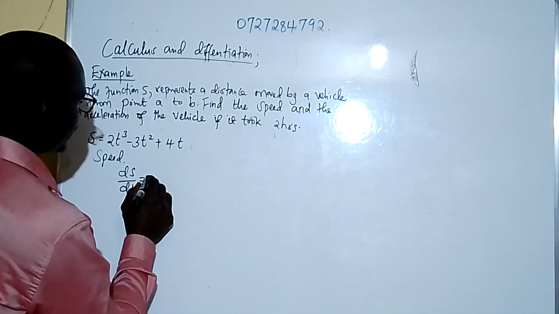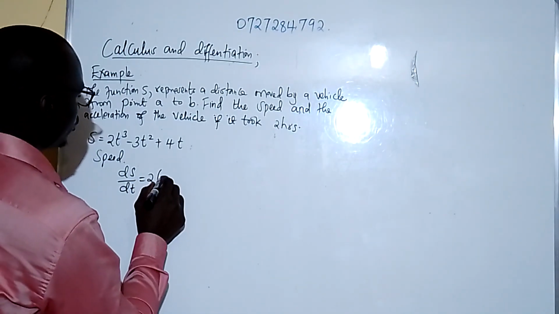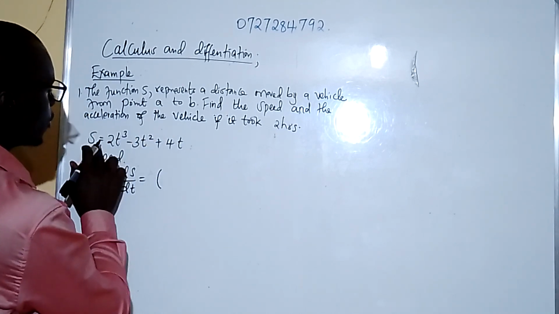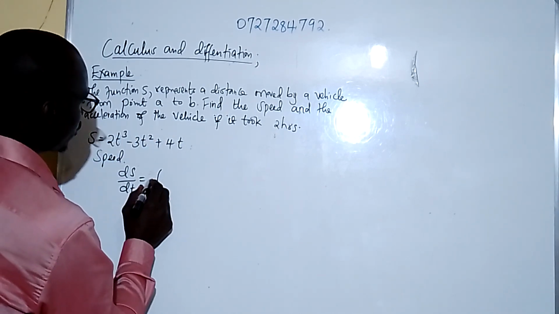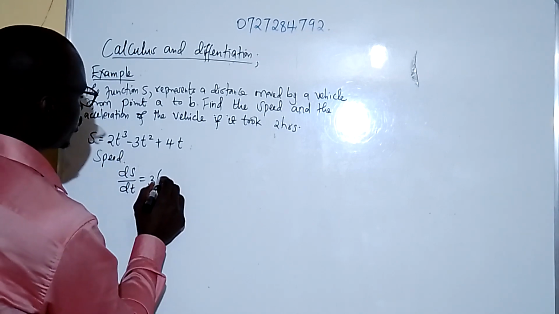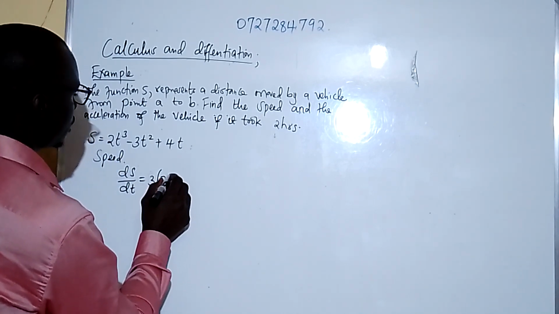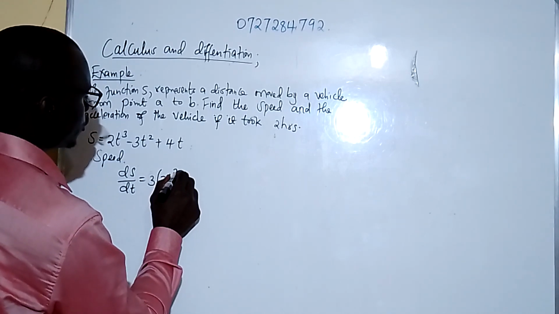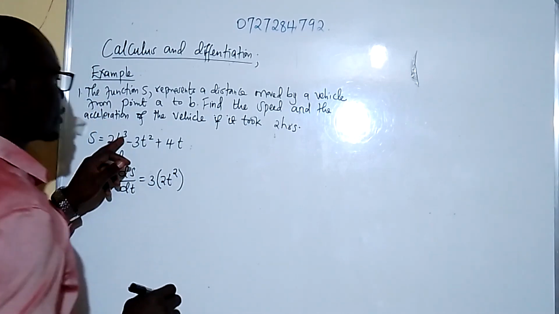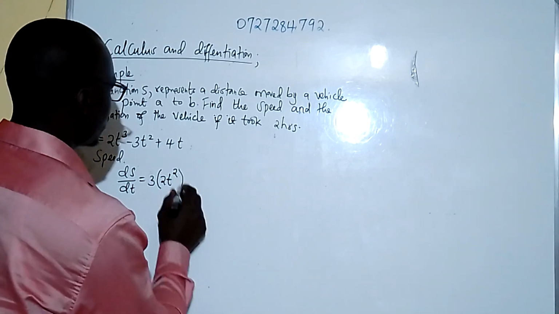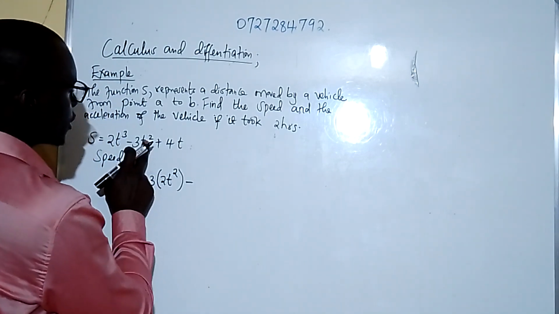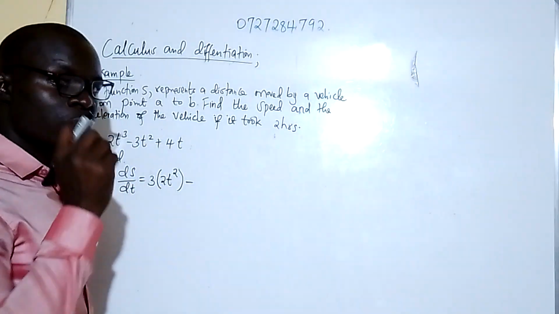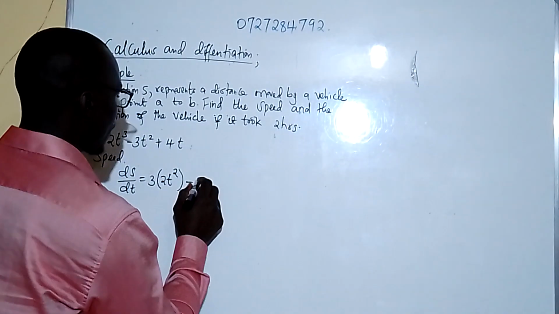So therefore we have, not really 2, but the power we multiply by the coefficient, so we have 3 into 2t, and then the power here is now 2 because we are reducing it by 1, so it is 3 minus 1, which is 2, minus the same with this, 2 times this one,